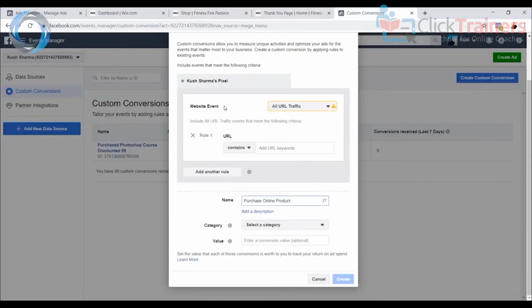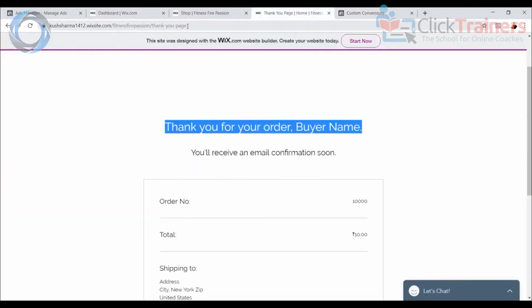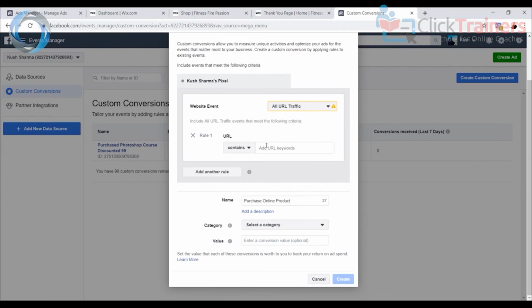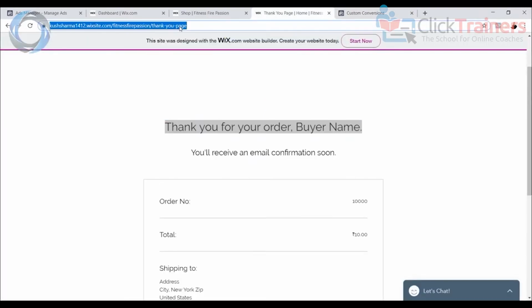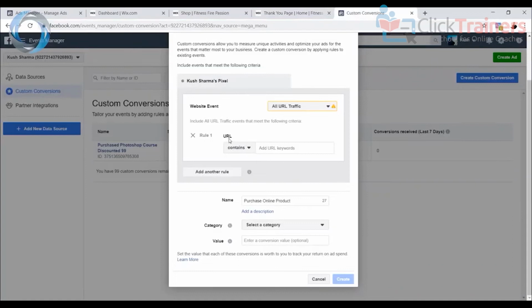So we're going to go here, and this is where you'll be telling Facebook. So Facebook is asking us what exactly is this conversion? What kind of a website event is this conversion going to be like? So we're going to tell Facebook that is going to ask you for a rule. So we're going to say only when people come to this URL should you fire this conversion, which is called purchase online product, because we know that if they come here, they've bought the product. So we're going to copy this URL, that is the thank you page URL. We're going to cut it, and we're going to say when the